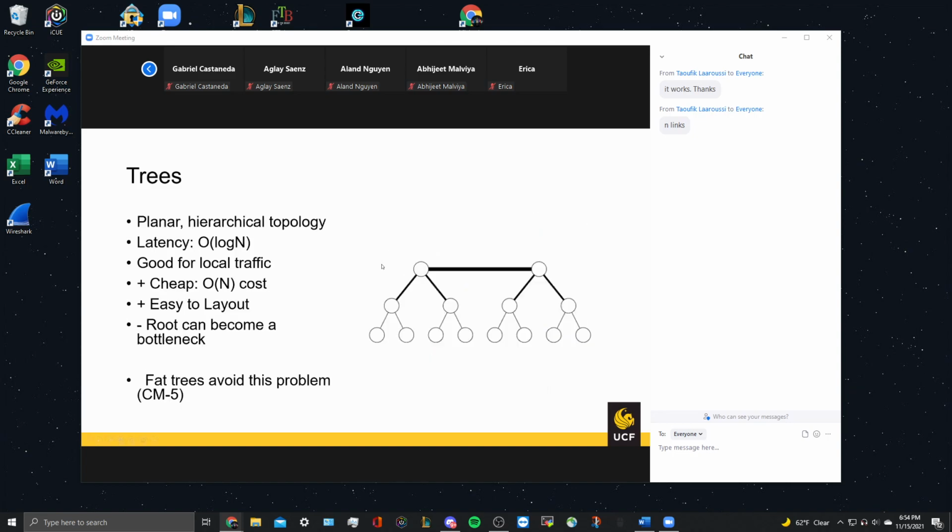And we also have the tree topology. The tree topology is basically multiple nodes organized in a tree-like topology. It's also easy to lay out, but the problem is how do we count the bisection bandwidth for this type of topology? Have you realized this problem? If we just cut the topology like this, only one link. But if we cut this one, we have a lot. So which one should we go with?